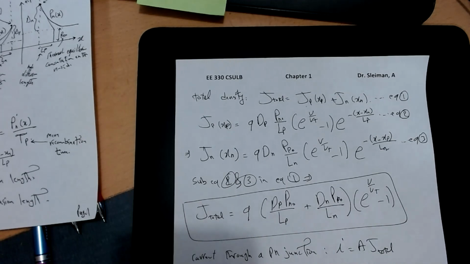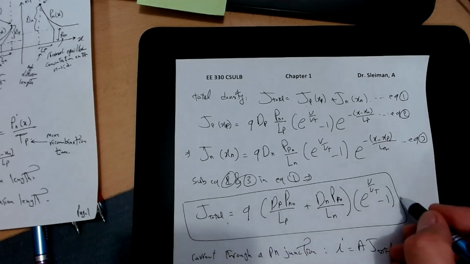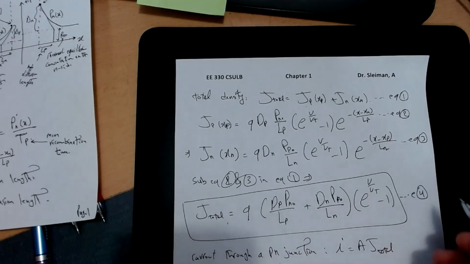You're going to substitute for A and J total. So we already have J total from equation number 4. So we will get the I,